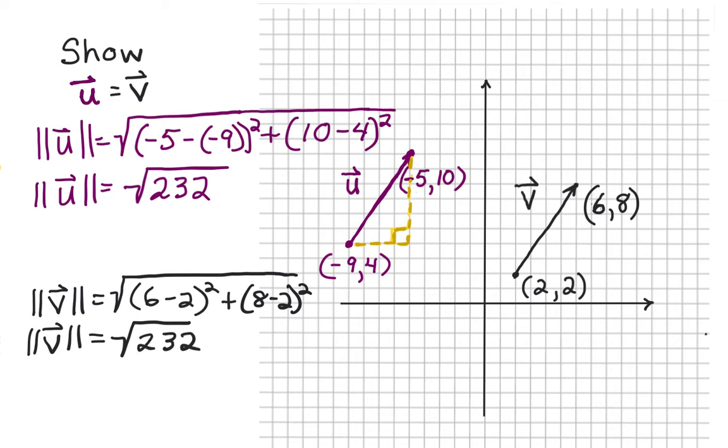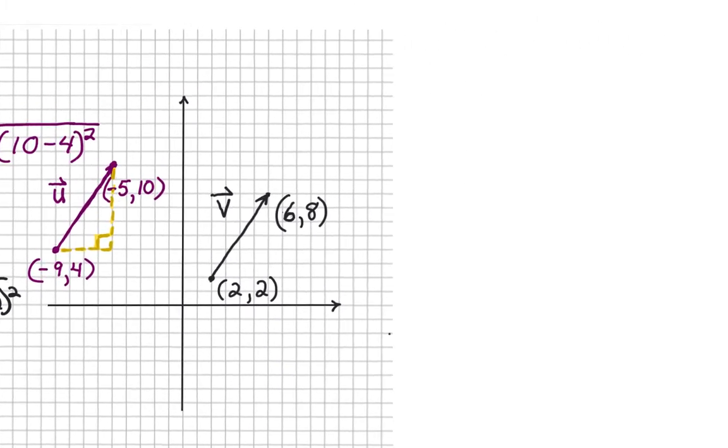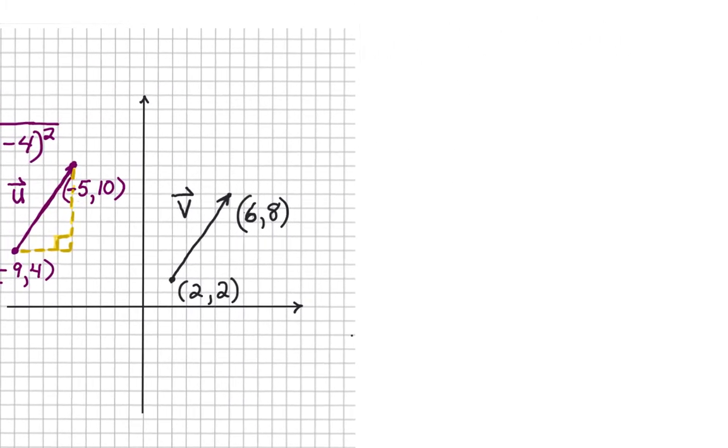So even without reducing, we can see that the magnitude of vector u equals the magnitude of vector v, which is fine, but that's only one thing we have to do to show that they're equal. We also have to show that they have the same direction. So let's move this over, and on the other side of the graph,